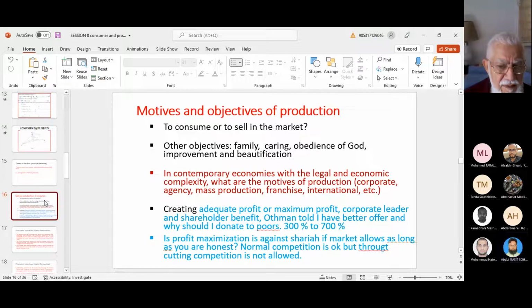Well, what is the implication of reducing price, selling at a loss? Why should I produce if I'm going to be forced to sell at a loss? I would rather not produce in this case, right? So why should I produce if I am going to sell at a loss?